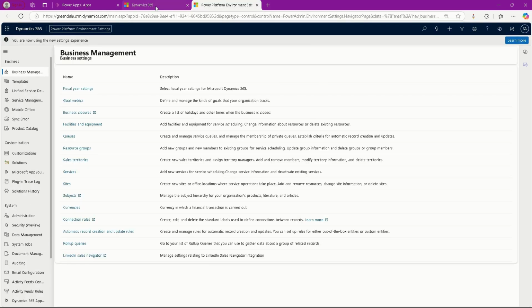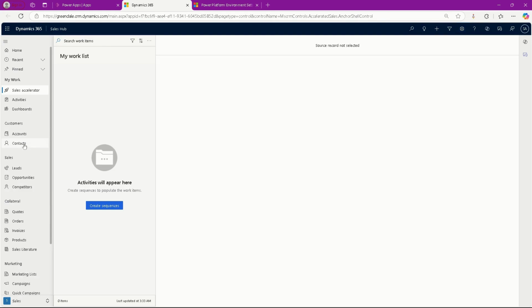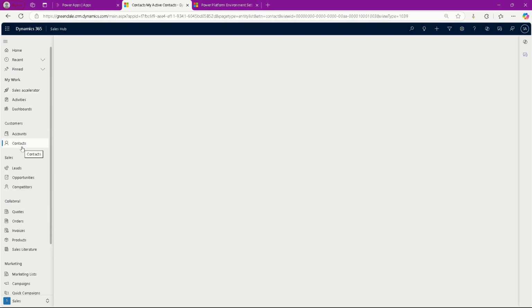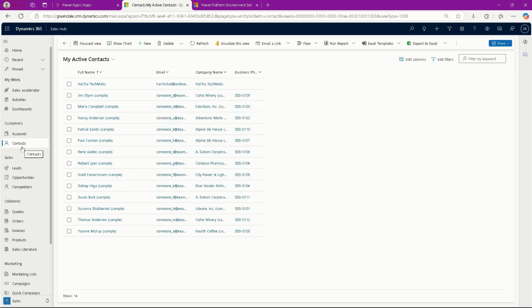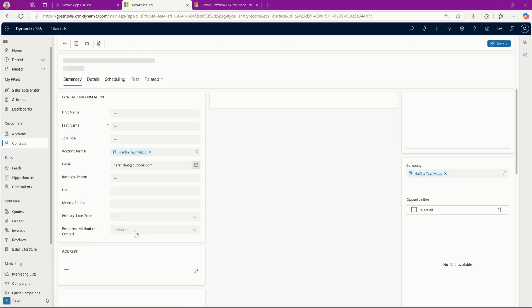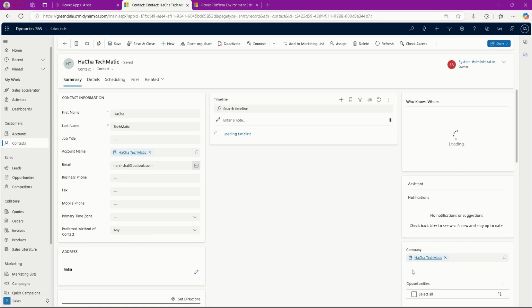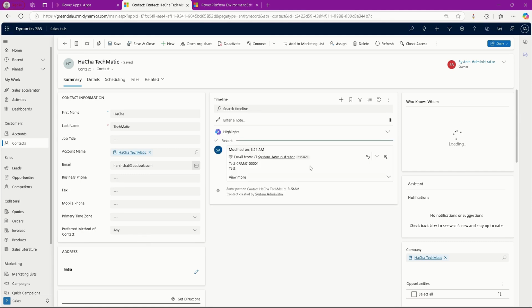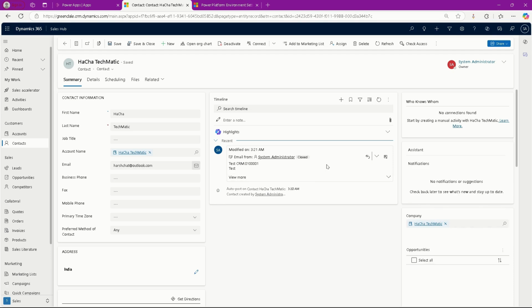Here I have sent an activity, so I'll show what happens. Currently my mailbox has not yet been configured, so when I try to send an email from my Dynamics 365 app here, it will give me an error or a notification. This is one of the contacts I have created, and I have just generated an email activity, which shows as closed here. And when I try to open this activity,